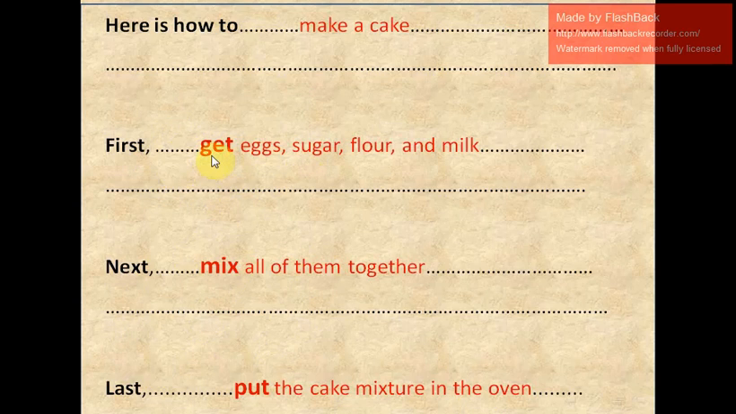So remember to start with a verb. First, get eggs. Next, mix all of them together. Last, put the cake mixture in the oven. Just like you're giving a command. Okay? Okay. Your homework is supposed to be about